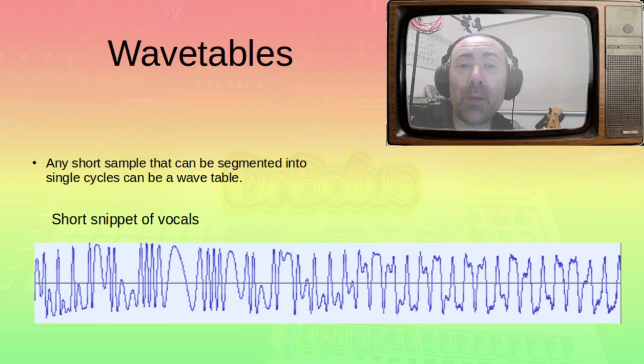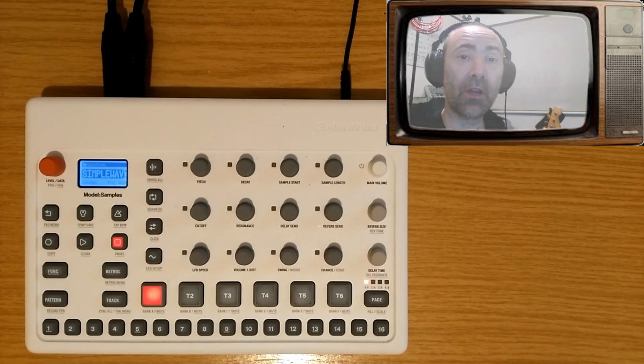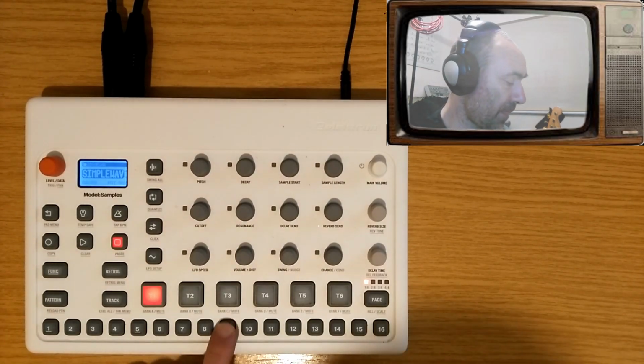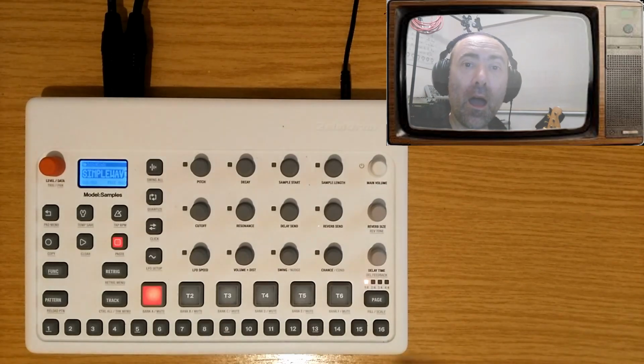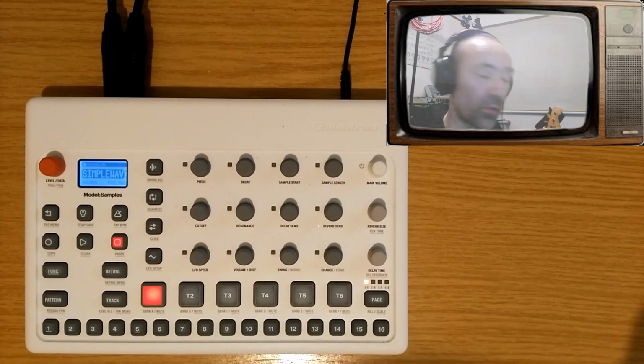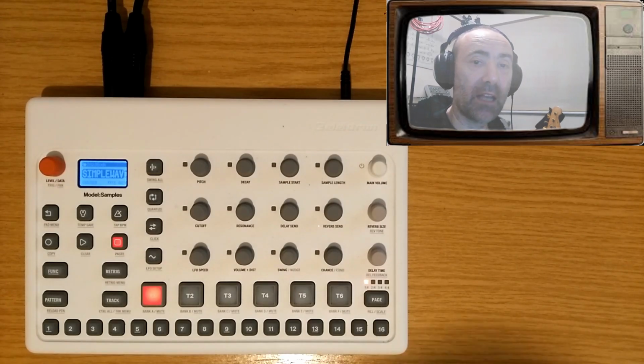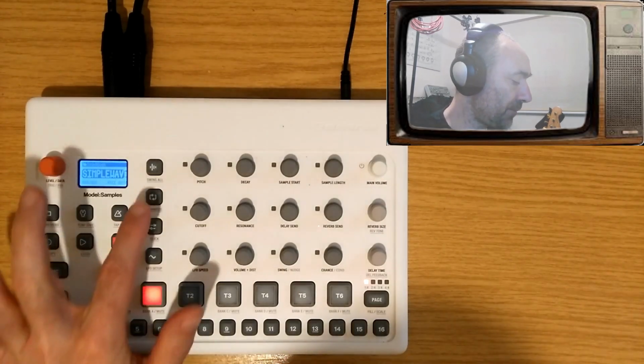Sometimes they sound a little bit more glitchy, but for today we're going to have a look on the samples, and we're going to have a look at the wavetable that we made in Audacity. I've already loaded it up, and this is what it sounds like on its own. And that's the one that starts with a sine, then turns into the square, and then turns into the sawtooth. So first job is to set the loop button,